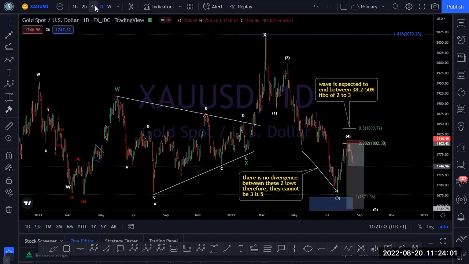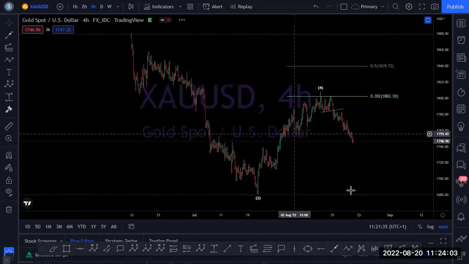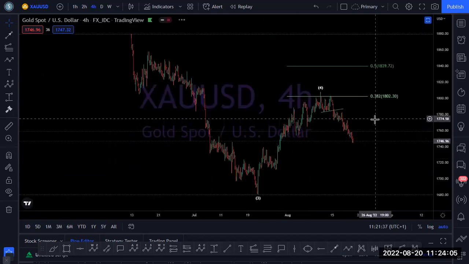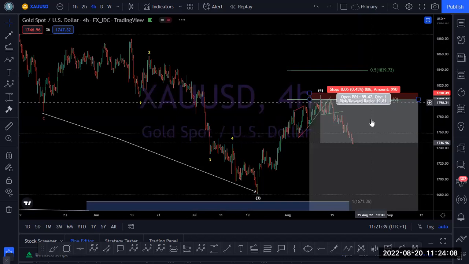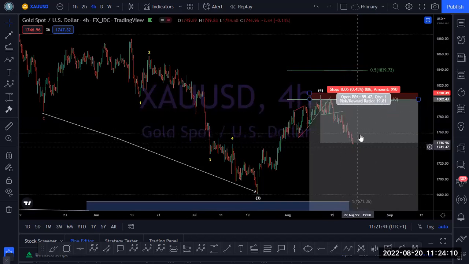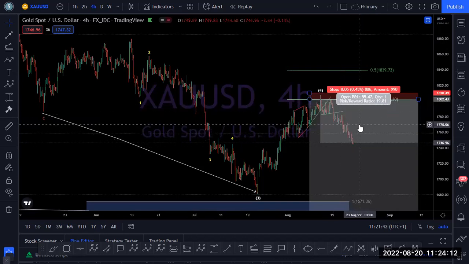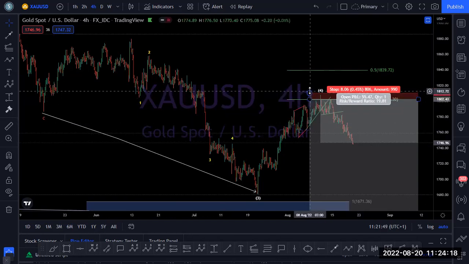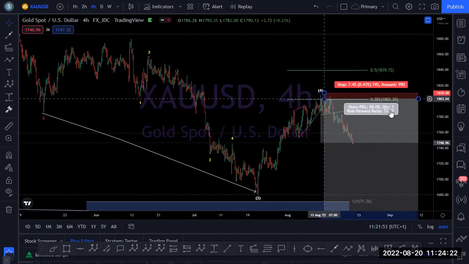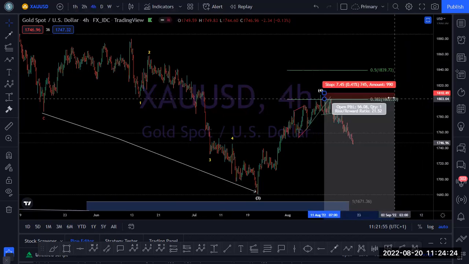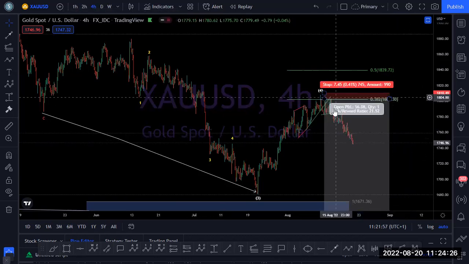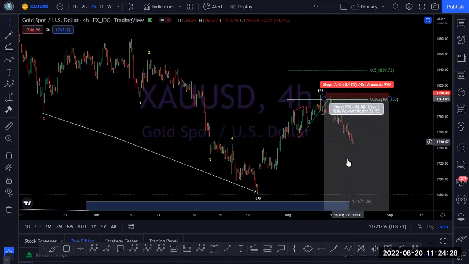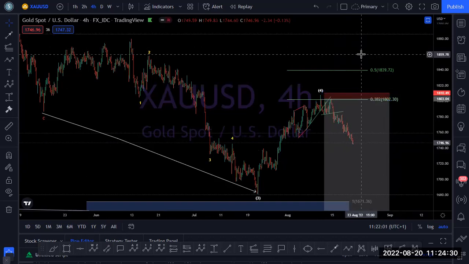So let's go to 4 hours to know. My problem with gold is that I don't see the sharpness of an impulse move. That's my little concern. So why am I saying this? If you have sold gold from our last week's analysis, the best thing to do now is to move your stop loss to break even, because whenever the market is moving slowly, we can get a sharp move up at any time.